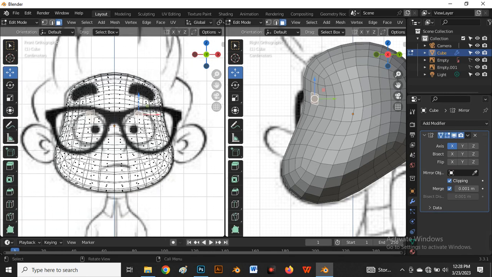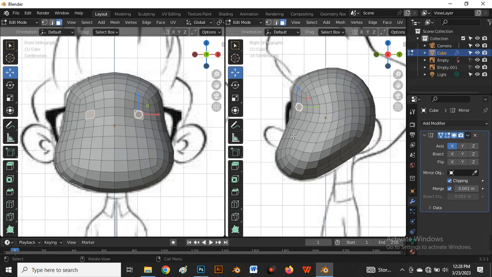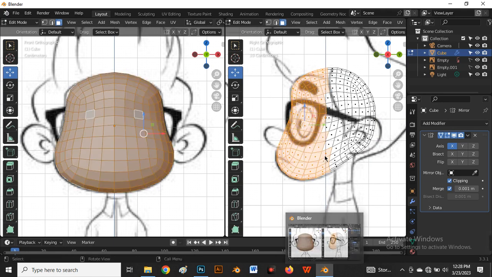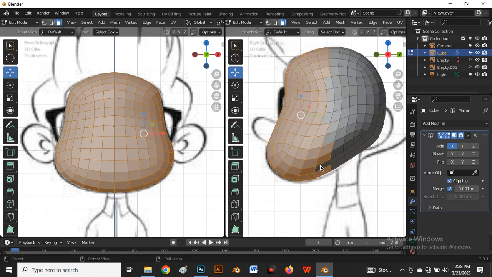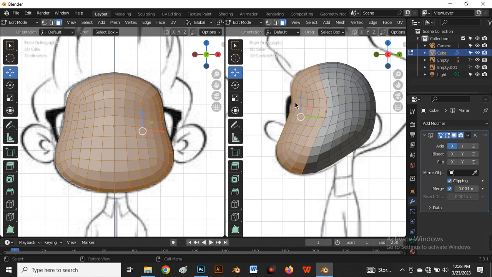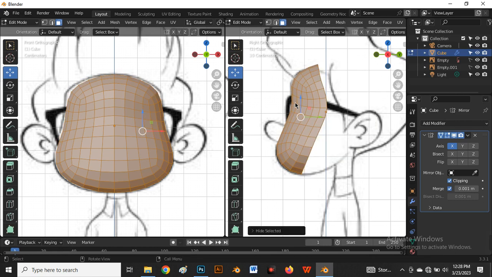So I'll do Alt Z now. I'll come to my right view and do Alt Z, and I'm going to select half of this also. So I don't want this. So now, if you have selected half of this, you do Shift H to hide every other object, to hide unselected. Now I'll come back to my front view